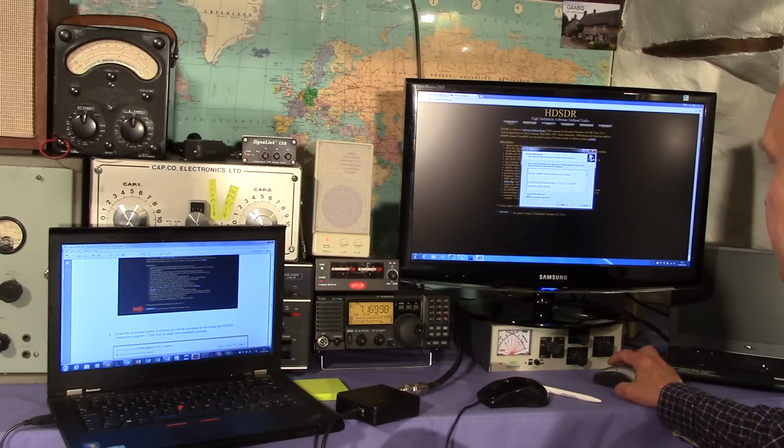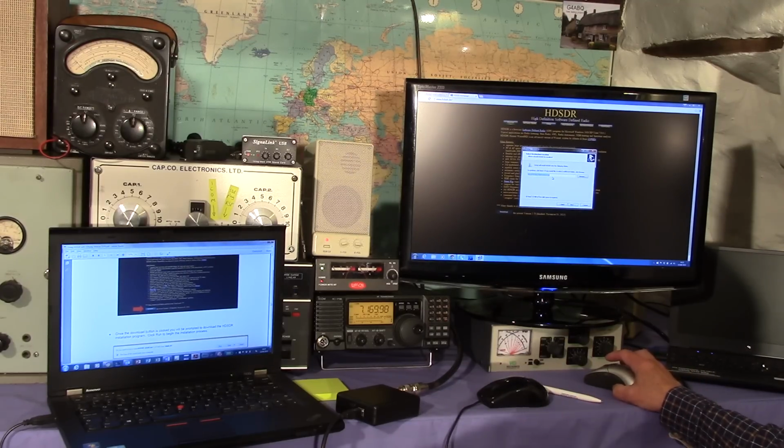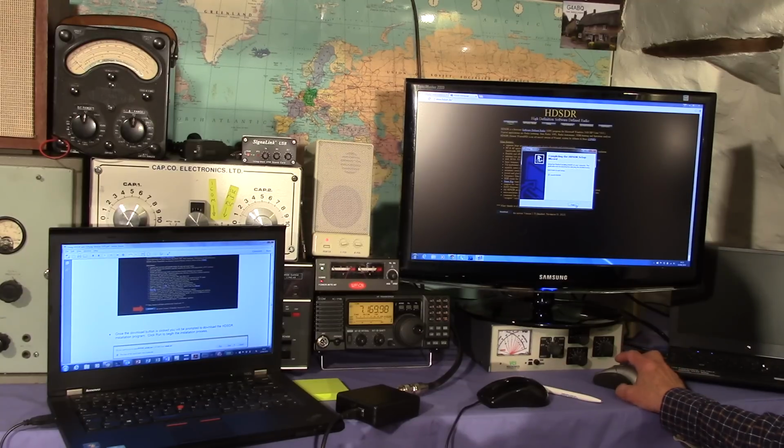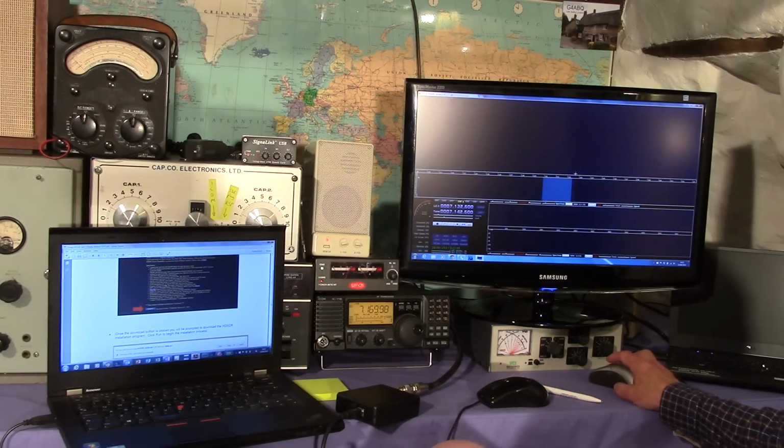You say next, accept the license agreement and the default installation location on your PC, which for a 64-bit machine like this will be in the C program files x86 directory, and it'll create a new directory, HDSDR. You say next and allow it to create a desktop icon, hit install, and now it's actually installing the software on the PC. Press finish, and in fact it will launch the